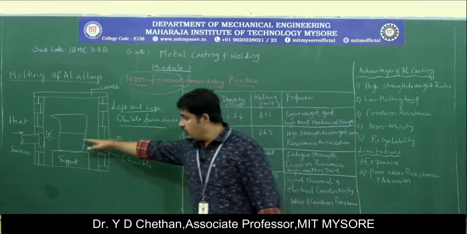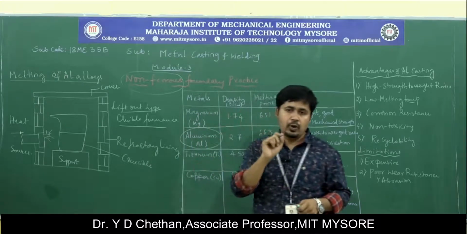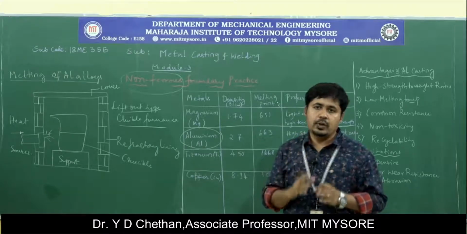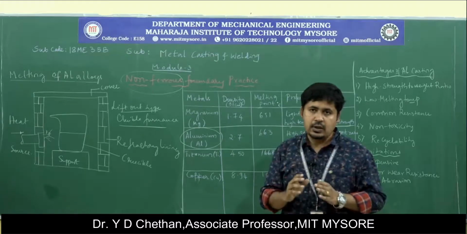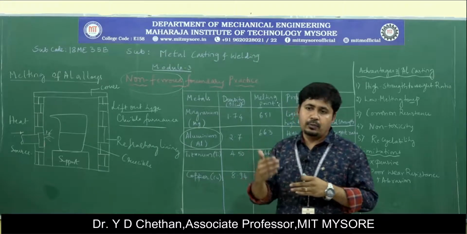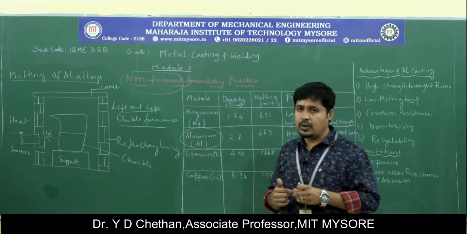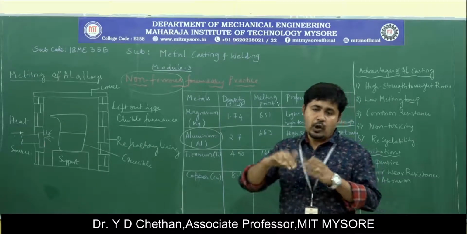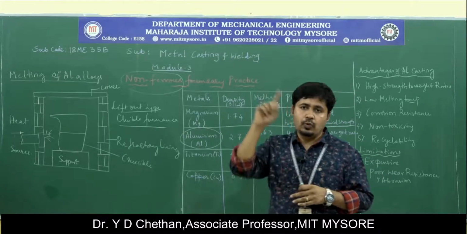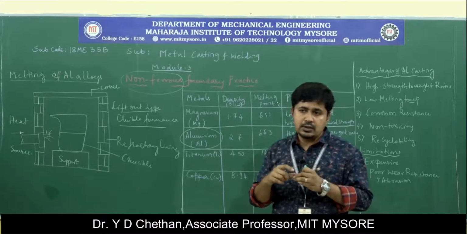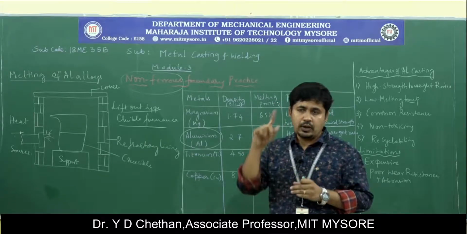Once the aluminum has reached the melting point, as I said earlier, the aluminum has got a melting temperature of 663 degrees Celsius, that particular temperature is not enough to process the further requirement. So we must increase the temperature beyond the melting point, and it has to reach the pouring temperature. So the ground rule is the pouring temperature is always greater than the melting temperature.